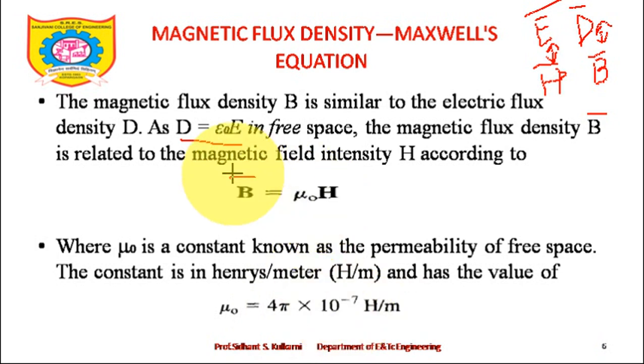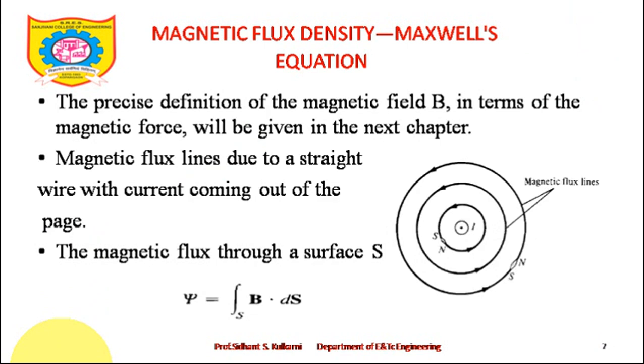So just try to understand this magnetic flux density B bar is equal to mu 0 H bar, and mu 0 we have understood is 4 pi into 10 raised to minus 7, that is the constant value. So what will be the nature of B bar? What will be the nature of H bar? So let's say a certain current carrying conductor. Now see, the precise definition of magnetic field density in terms of magnetic force will be given in the next chapter,